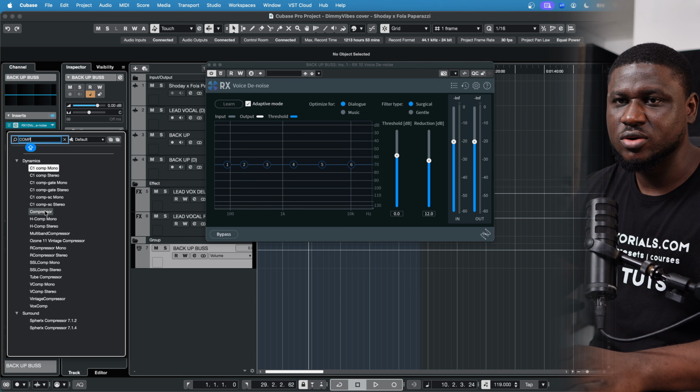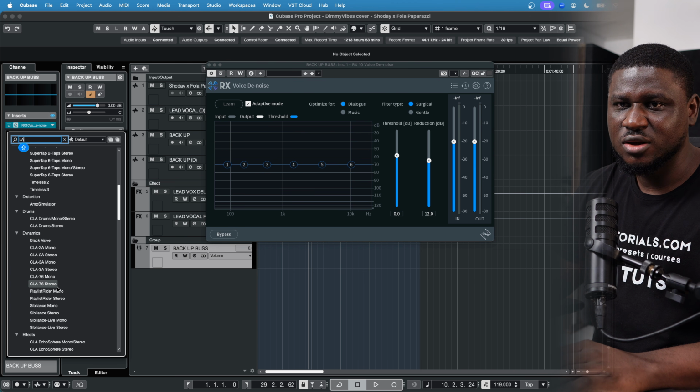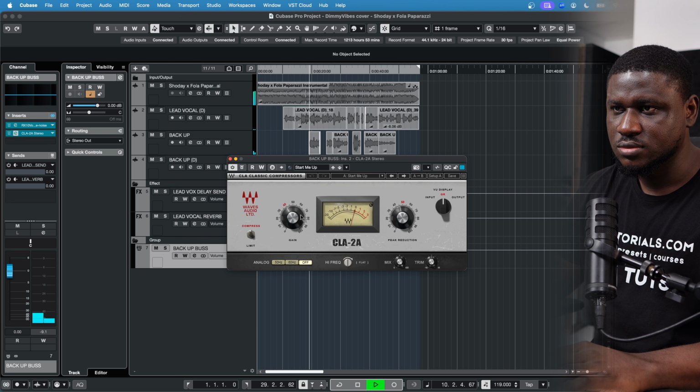But this time I'm not going to use the regular compressor. I'm going to use a LA2A. So let's use an LA2A, because I don't want the backup vocals to sound too compressed. I want to have a little bit of freedom. So I'm going to come to LA2A stereo, and